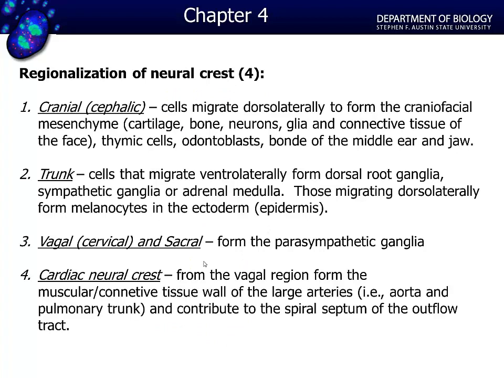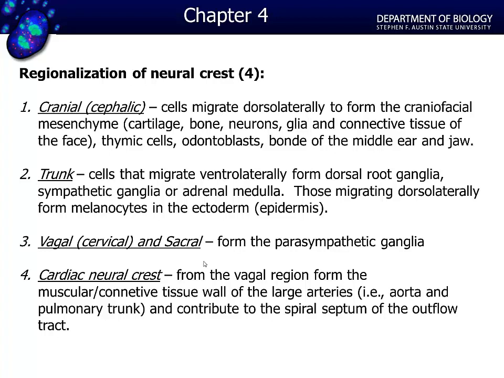Now, neural crests are not the same in all locations. It would be nice if it was, but they weren't. We're going to see that cranial neural crests are really going to contribute, by and large, to craniofacial development and the structural features. So the cartilage, bone, neurons, glial cells, connective tissue of the face, thymic cells, odontoblasts, these are the tooth precursors, and then bones of the middle ear and the jaw. Those are going to come from our neuroectoderm and the neural crest, specifically from the cranial, some people call them